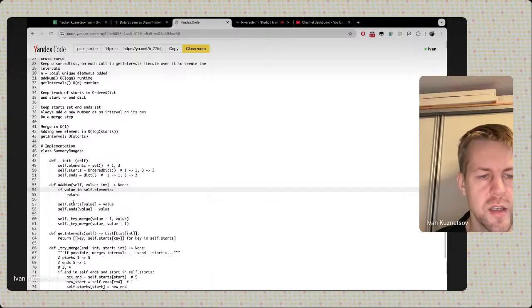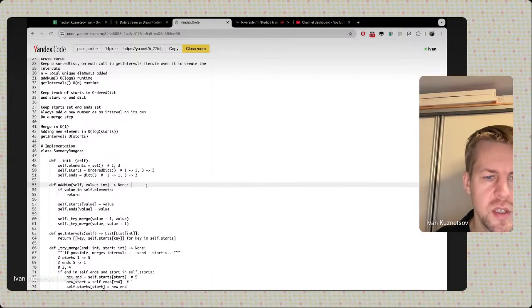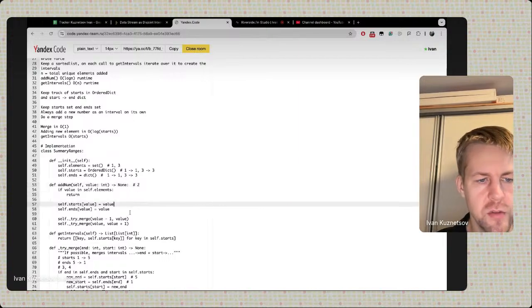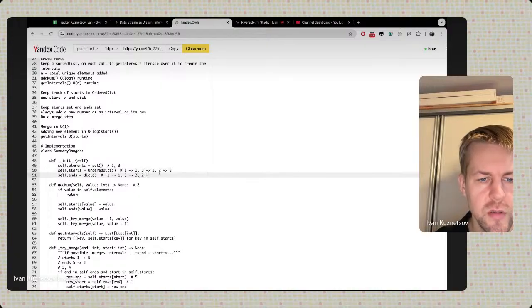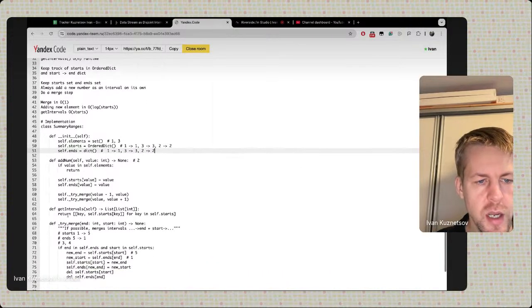So now add num. We are adding 2, let's say, and it's not in values, so we add another one, which is 2, 2, and here 2, 2, and then we try merging, and try merge first value -1, so we are adding 2